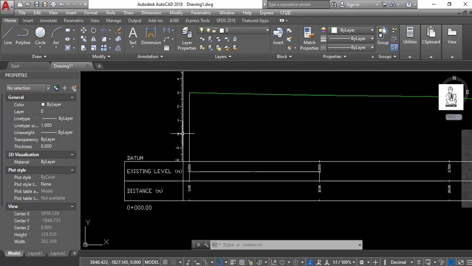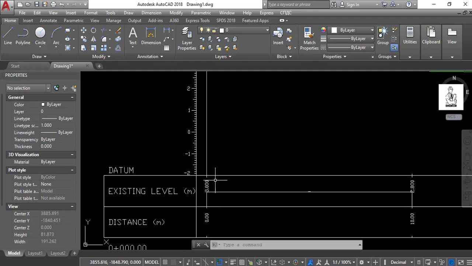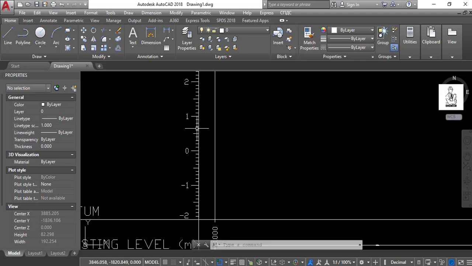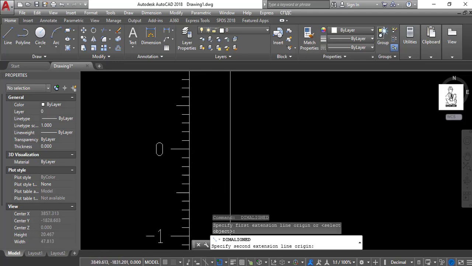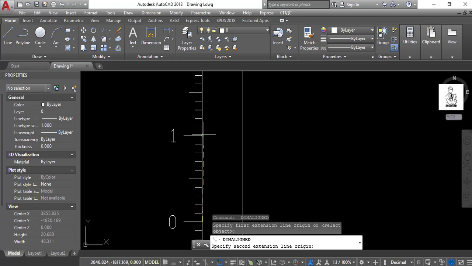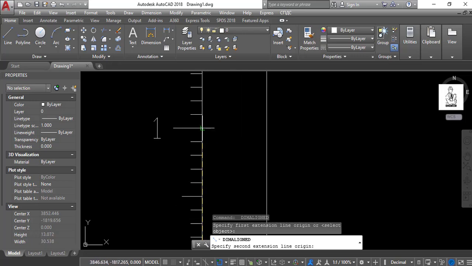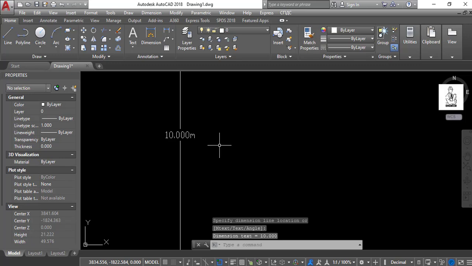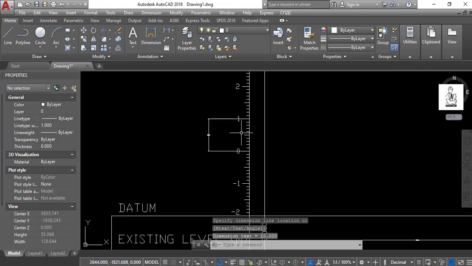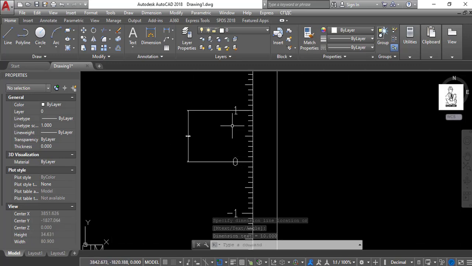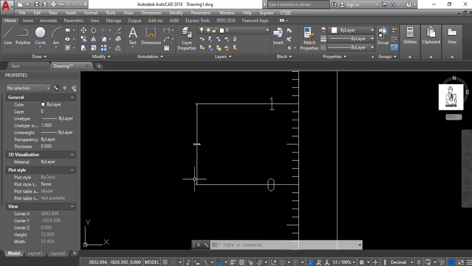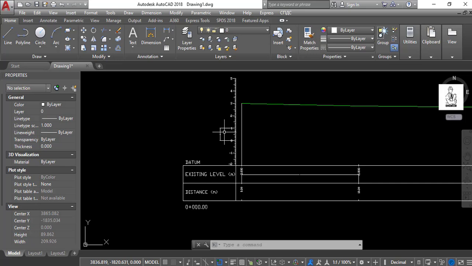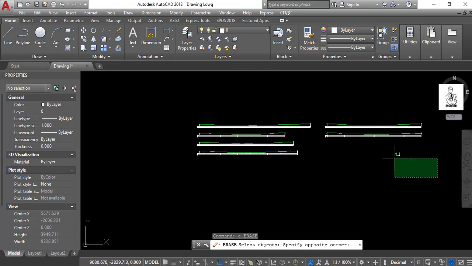And I also see whether my vertical distance is okay or not. For that I take a measurement, 0 to 1. Here it's 10 meter, but the distance between 0 to 1 is 1 meter. So here my distance is not okay. For that use this cross section,